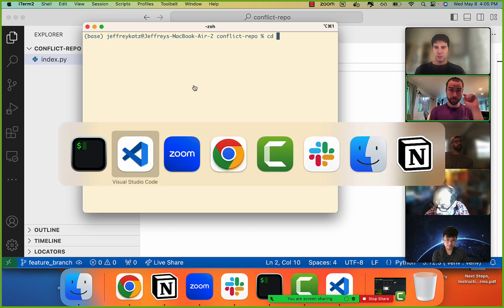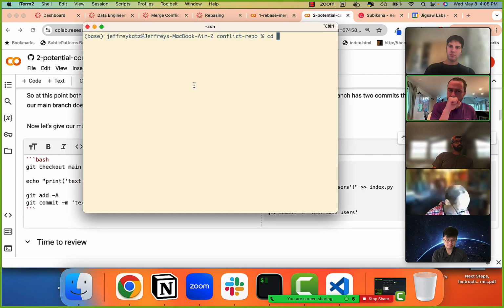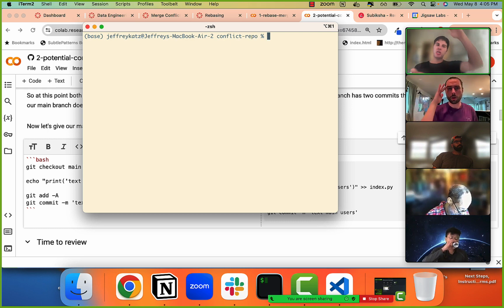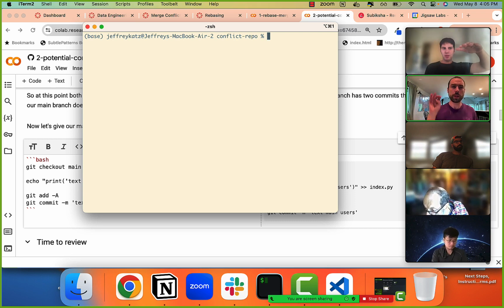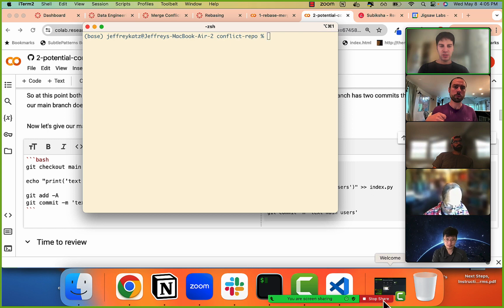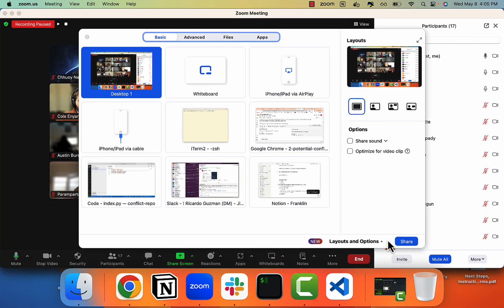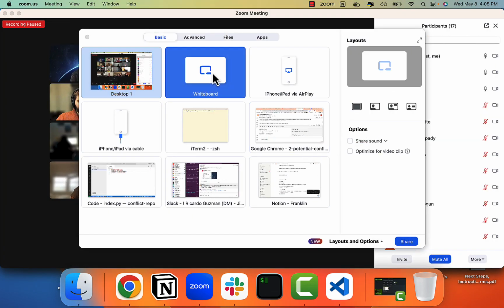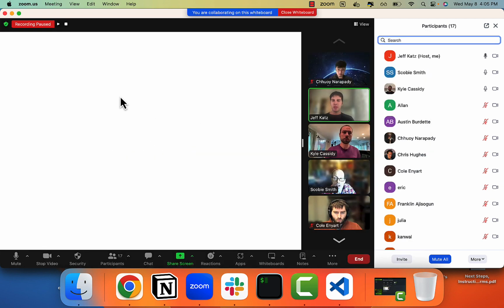Hey Jeff, before you... which one is which, the incoming change? The incoming change is the change, your feature branch commit, that you're applying on top. Really? Yeah. So you're in that branch and you're doing a rebase. The reason why it's that one, unless I understand it wrong, but I'm almost positive, is if you think about what occurred,